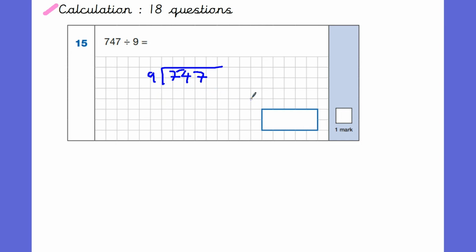Well, 9 times 8 is 72. Okay, so does it go into 9 times 9, 81, too big? So 9 times 8 is 72, so I'm going to put an 8 there. It goes into 8 times the remainder of 2, so the 2 goes there. And it's 9 into 27, that's fairly straightforward. 9 into 27 goes 3 times. So giving us a final answer of